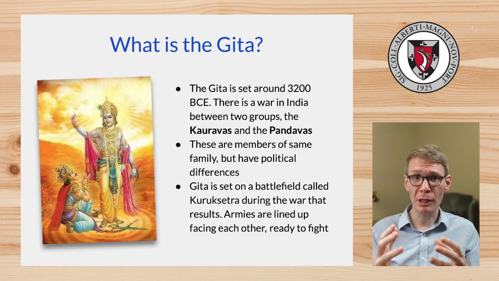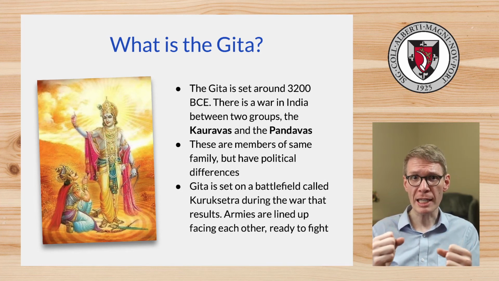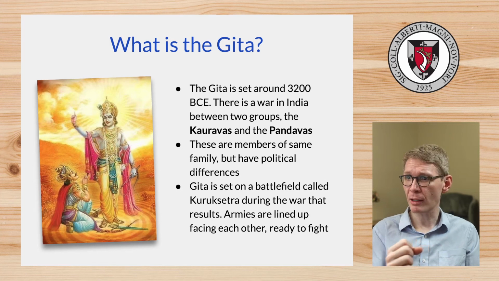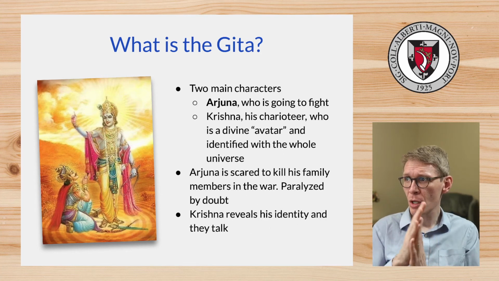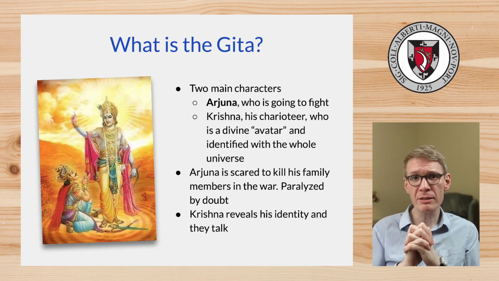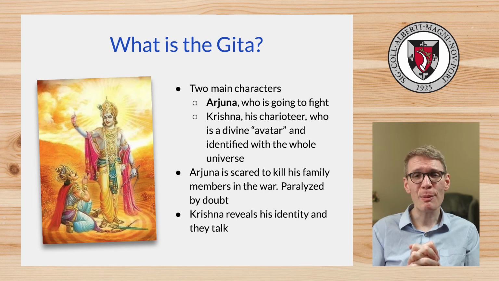in a compelling way. The armies are lined up, and they're ready to fight, and the battle is about to begin. Right, and here we have an image of Arjuna and Krishna. We've introduced these. Arjuna is the soldier. Krishna is the charioteer, avatar of Krishna. And Arjuna is paralyzed by doubt because he's about to charge into battle on his chariot and kill his family